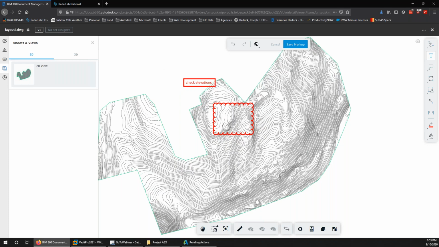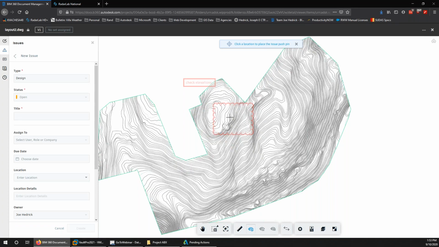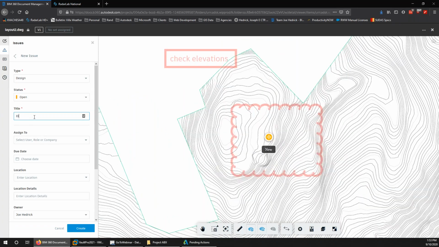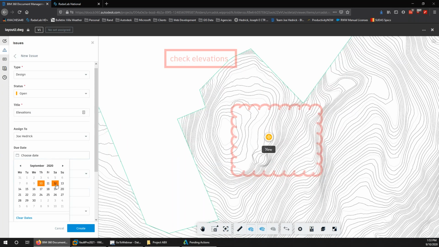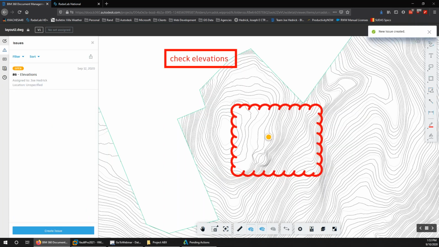Right, with BIM 360, the idea of issues and being able to assign this redline to someone. We can create an issue and let's place it right there. Elevations, and let's assign that to Joe, and Joe's got to get this done by the 12th, by Friday. Root cause is probably design deficiency. Please check elevations. And at that point, Joe's getting emails,